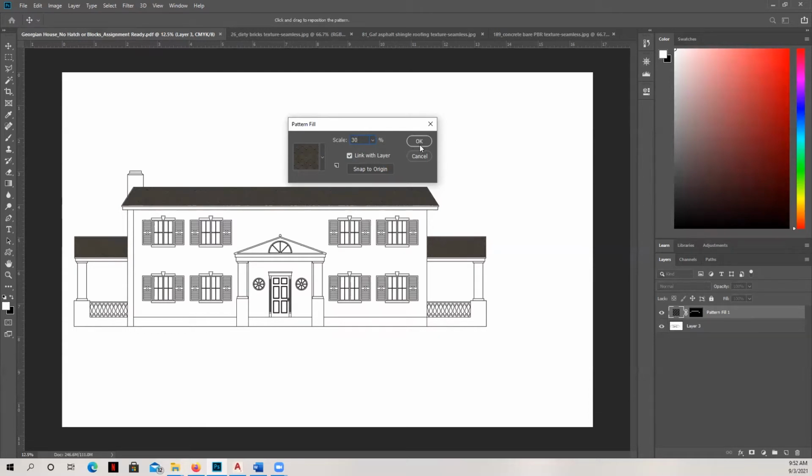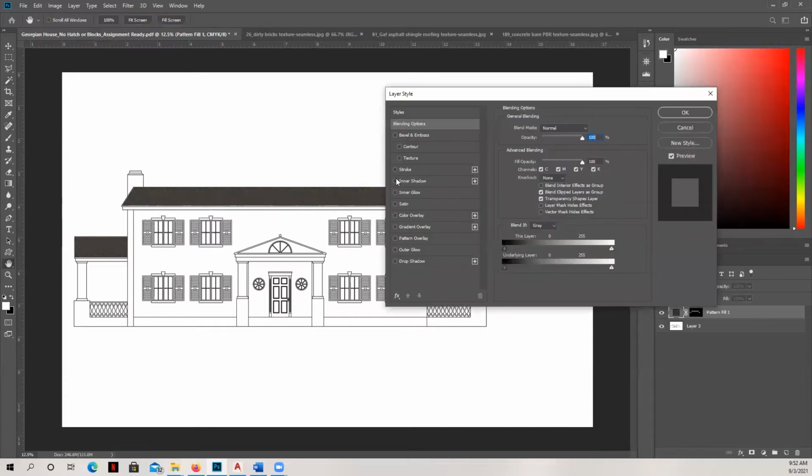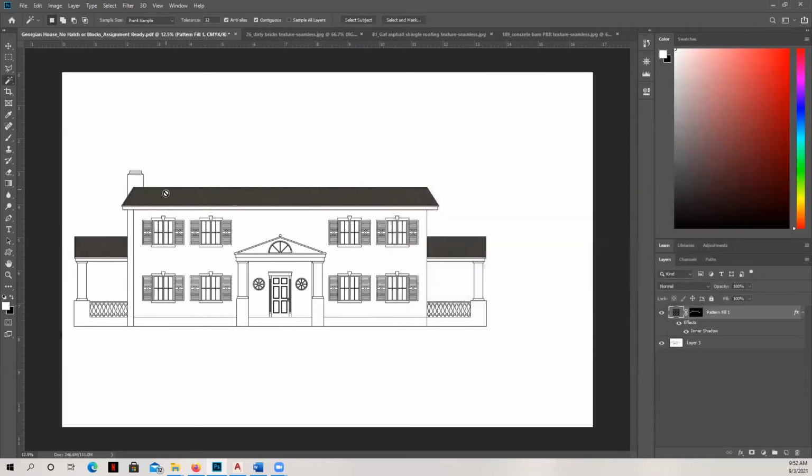That looks pretty good. Now with that layer, as we've done in the past, we're going to make sure that we have that inner shadow turned on. We'll make sure that the blend mode is set to normal. I'm not going to change the opacity right now because we'll barely be able to see it anyway, because the material itself is so dark. So I'm going to just leave it there for now. Then the next thing I'm going to do is apply the brick.